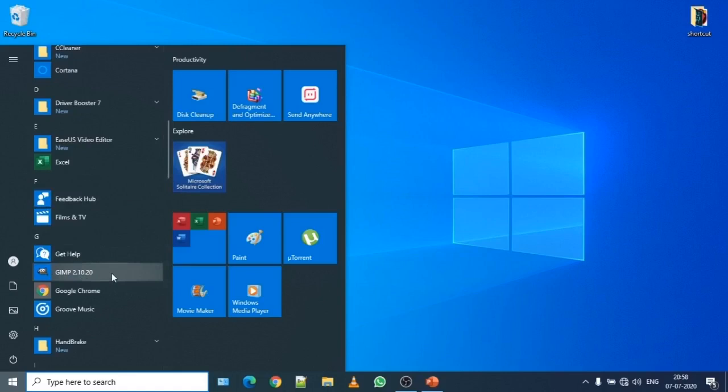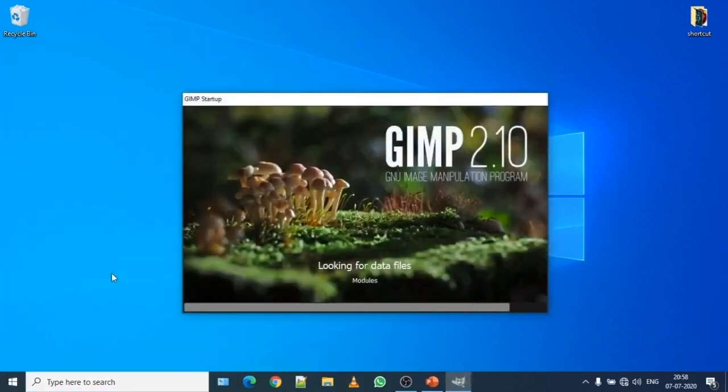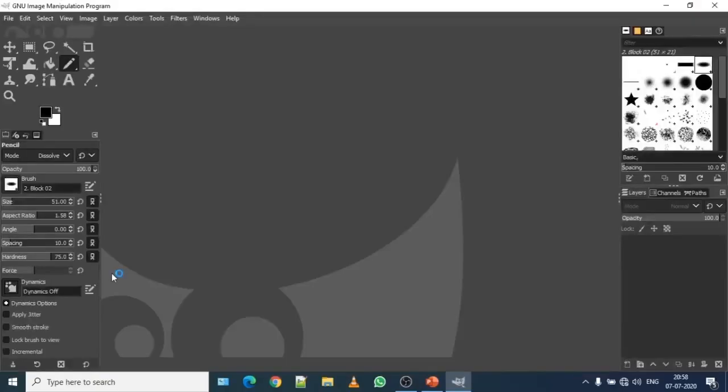So click on it to open this application. It will take a while to open. So as you have already seen yesterday, the interface of GIMP, above top it is written as GNU Image Manipulation Program, which is the image title bar.